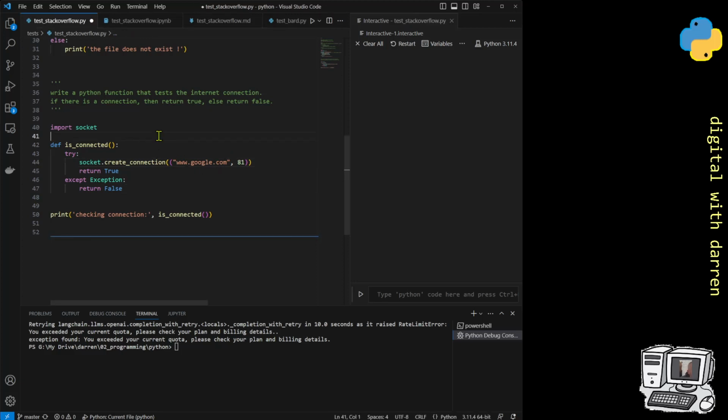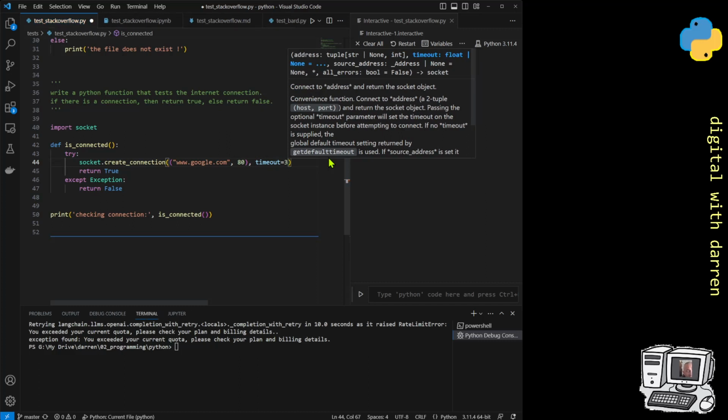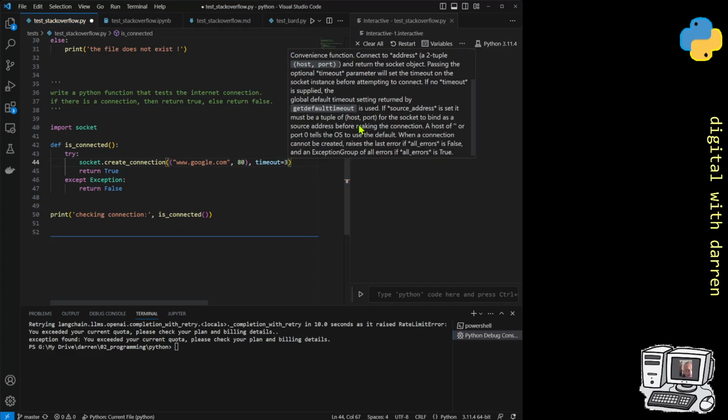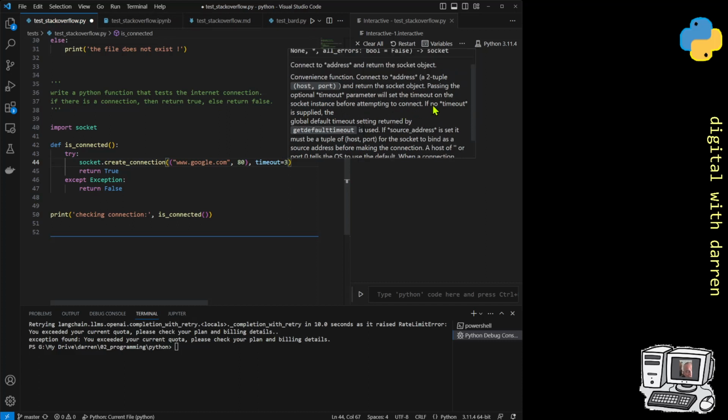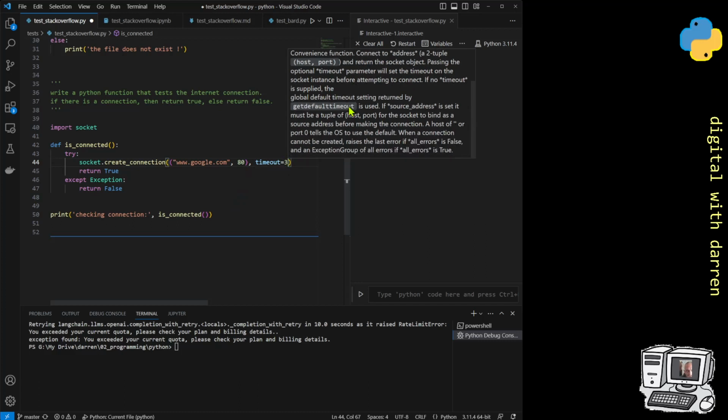I was just thinking maybe import a time.time in C, but let's actually just impose a timeout then. So we go back to port 80, we'll do timeout equals, I'm just assuming, I don't even know this, I could pull up the docs, but I'm being lazy, just hoping that if no timeout's applied, what I'm querying is a timeout in seconds. It doesn't specify it here, so I probably need to open up a